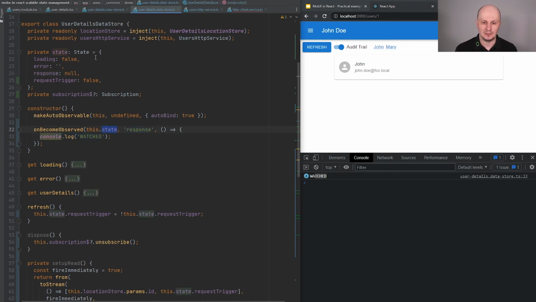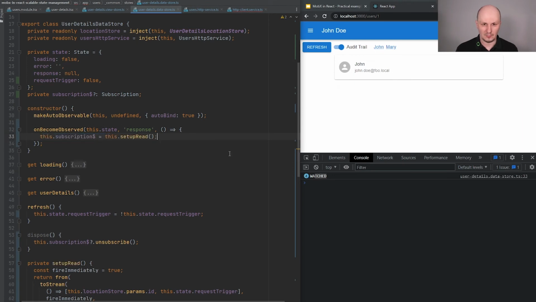No matter how this user details data store has been injected into other stores and by the computed properties and so on, MobX gives you the ability to just track if this property is observed anyhow.